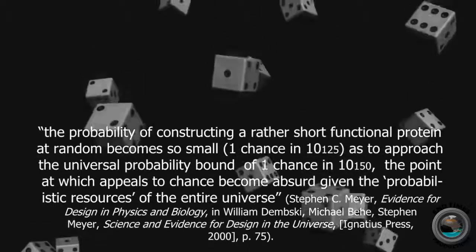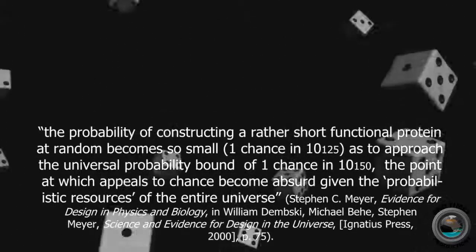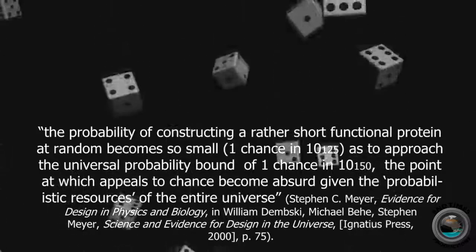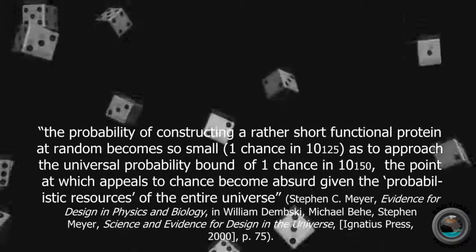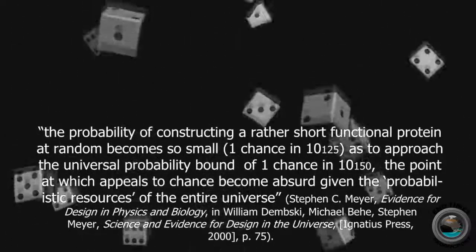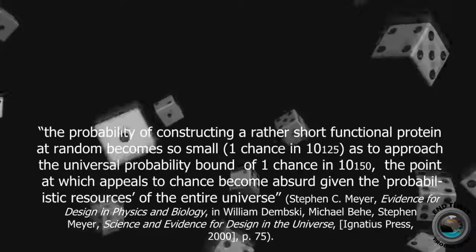However, scientist Stephen Meyer calculated if one factors in the need for proper bonding and homochirality, the probability of constructing a rather short, functional protein at random becomes so small, 1 chance in 10 to the 125th power, as to approach the universal probability bound of 1 chance in 10 to the 150th power,